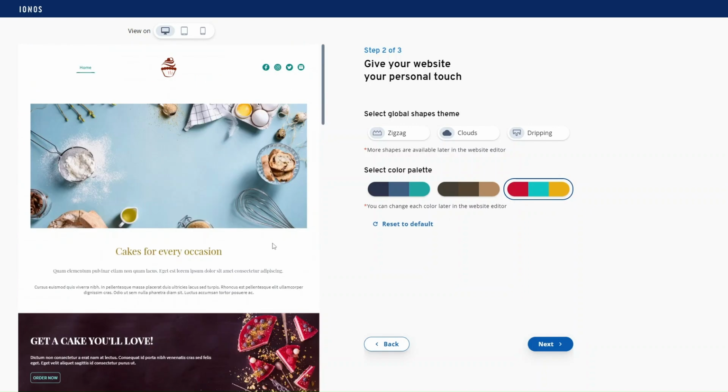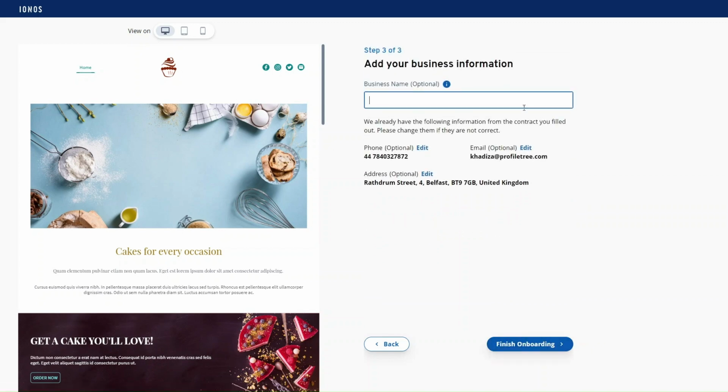So once you've selected a template that you're happy with and feel like you can work with, then you just want to click onto the template and you want to click on Next. And then you want to add your business information as well. You can decide what business information you want to add onto the website. So you can add your business name,